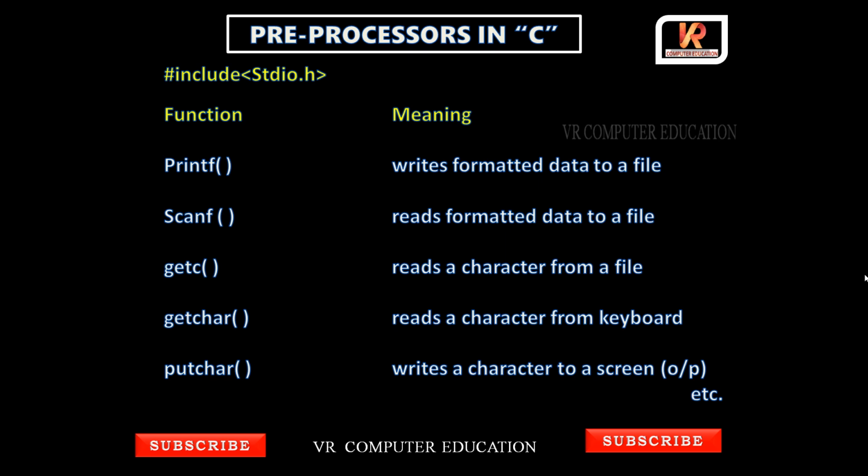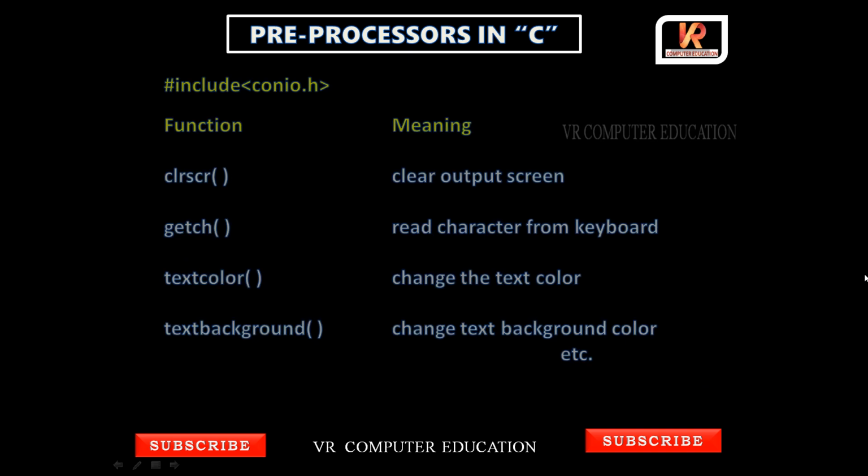So, one more header file, let us see, that is conio.h, another header file. There will be a number of header files, and inside header files there will be a number of functions. So stdio.h means standard input output header file. Conio means console input and output header file, used mostly by MS-DOS compilers to provide console input and output. So this console input output header file contains some functions.